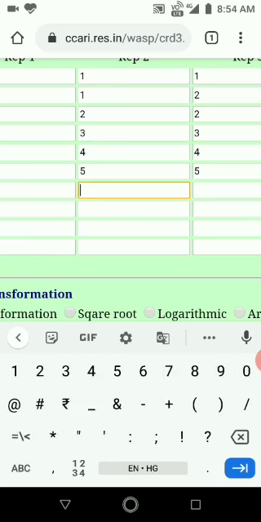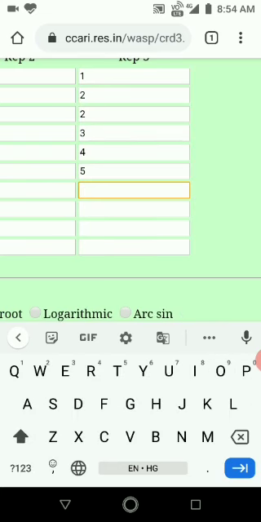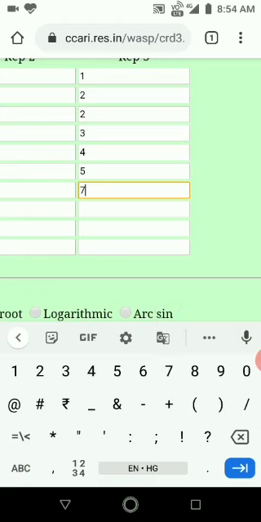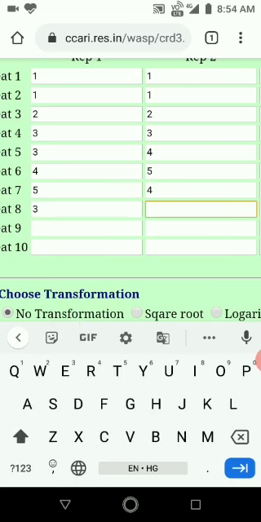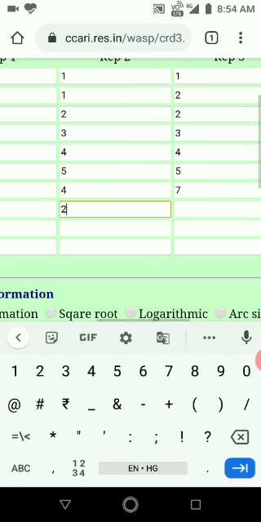Even you can add data which is in point format. There is no issue, you just have to keep adding whatever data you have.